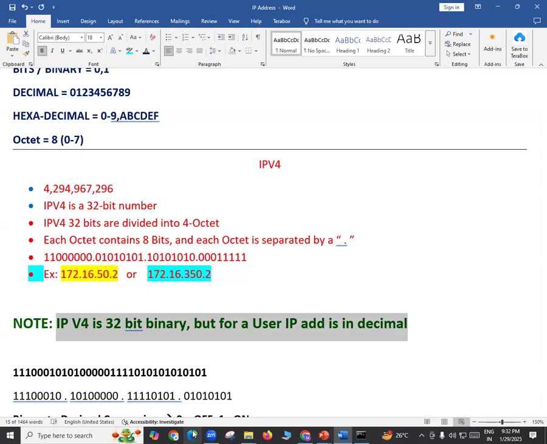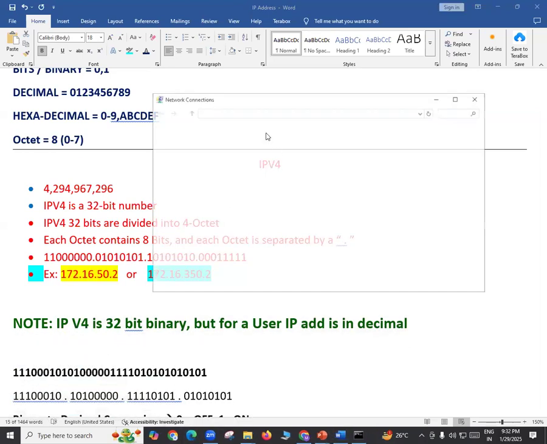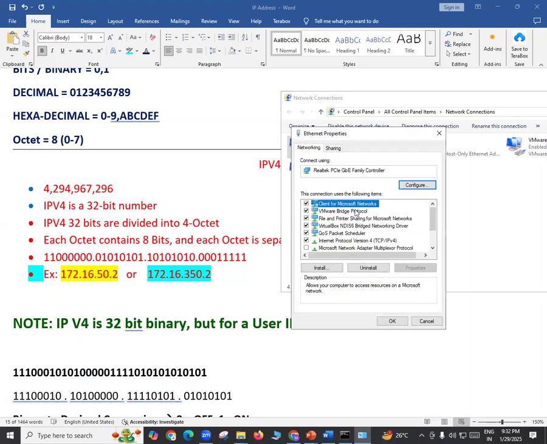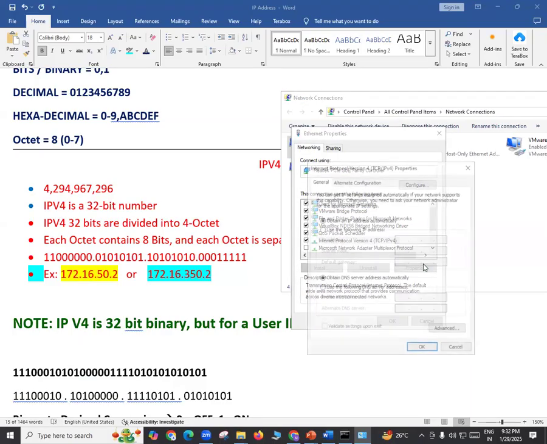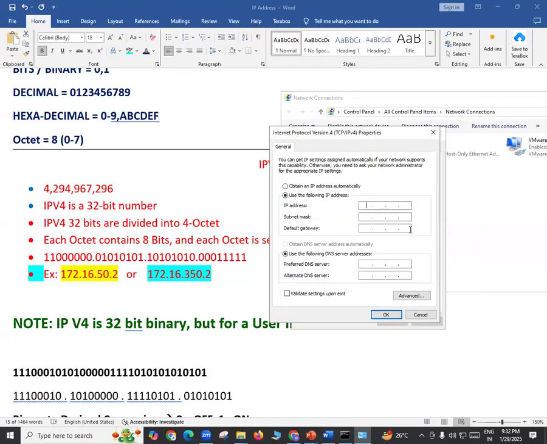It means if I go to my computer and try to assign the IP address here, let's say this is my computer. I'm trying to assign the IP address on my computer. So I can see IP version 4 here. Go to properties and select use the following address. Can I use binary numbers here? 010101? No. Can I say 192.168.10.25? This is accepted here, right?